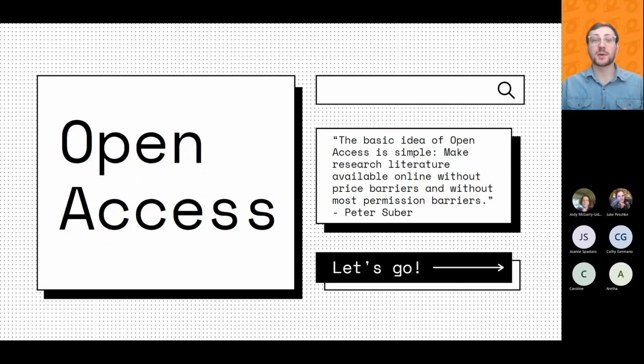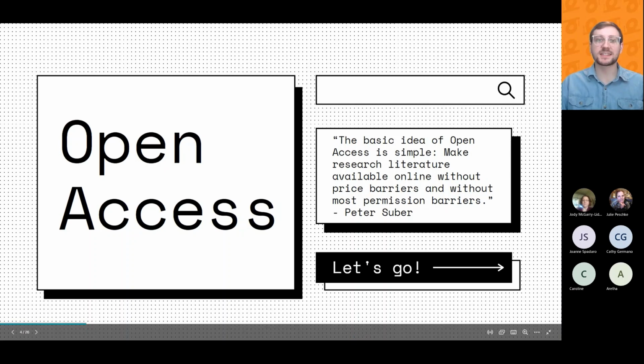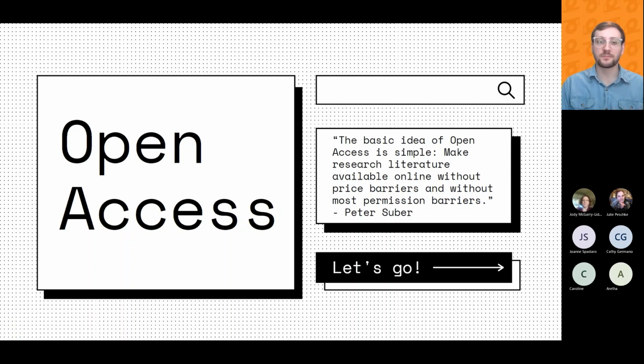Today we're going to talk about what open access means, the benefits it provides to creators and consumers, how to find open access, and finally how to publish your own. I'm going to share a link in the chat here for our open access LibGuide. It introduces researchers to open access publishing and its benefits, Creative Commons licenses, how to find and publish OA themselves, and there's a glossary as well. So it's basically an expansion of what we're talking about today. Let me just pop that in the chat.